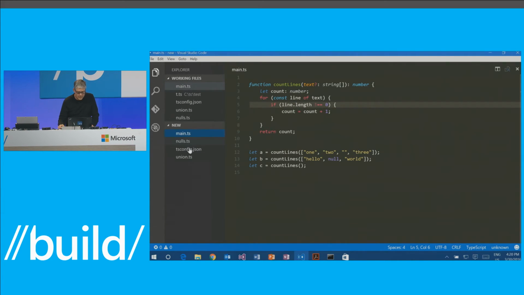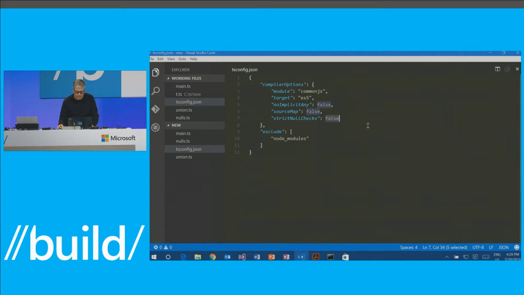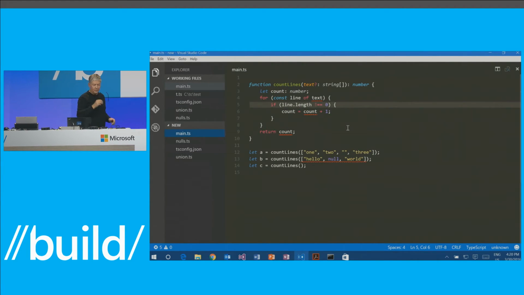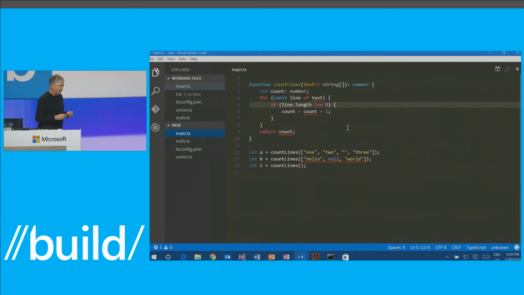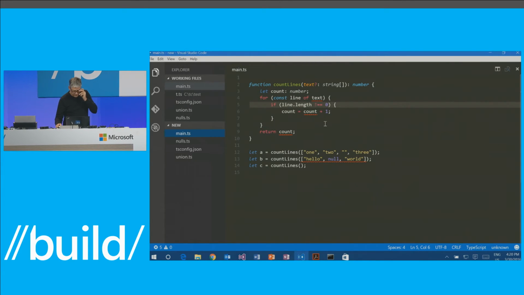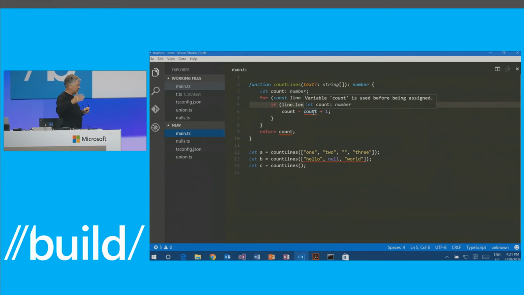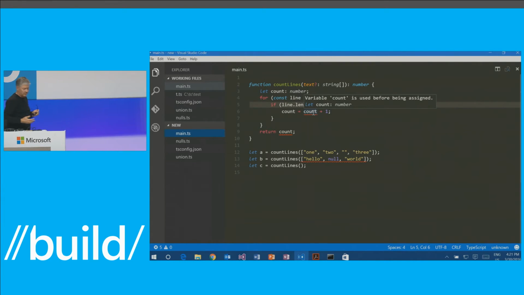So I'm going to go into the tsconfig file, and I'm going to turn on this new feature called strict null checks. And then I'm going to go back to main. And lo and behold, we now get some errors here. First of all, the compiler is telling us that you use the count variable before you assign to it. Now, this is definite assignment analysis, which is part of this feature.